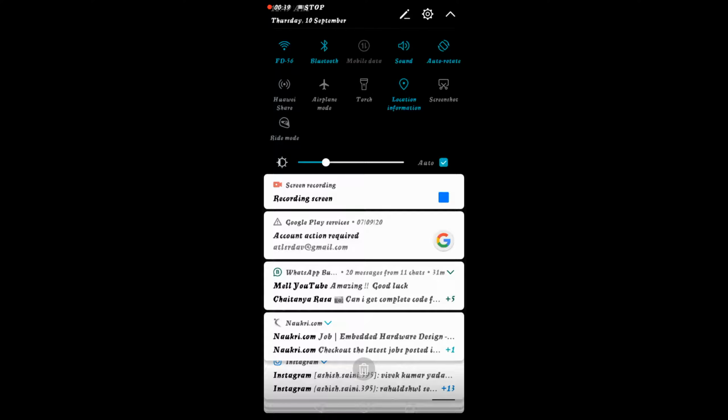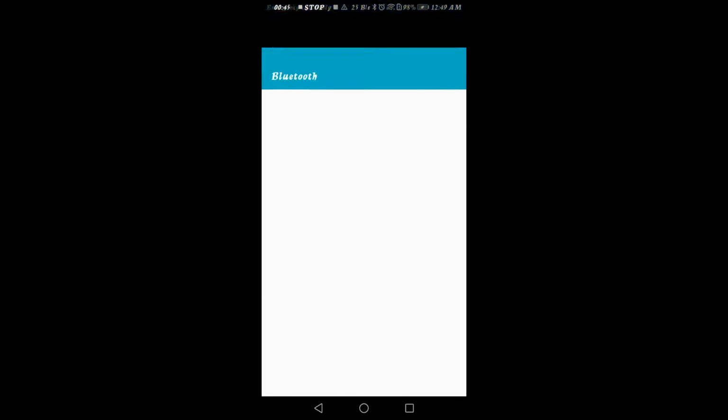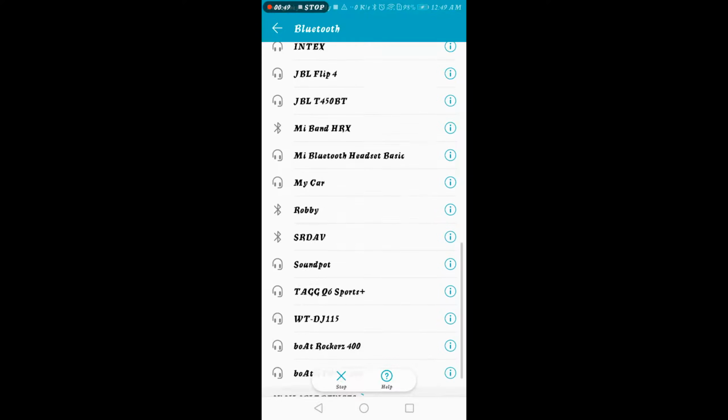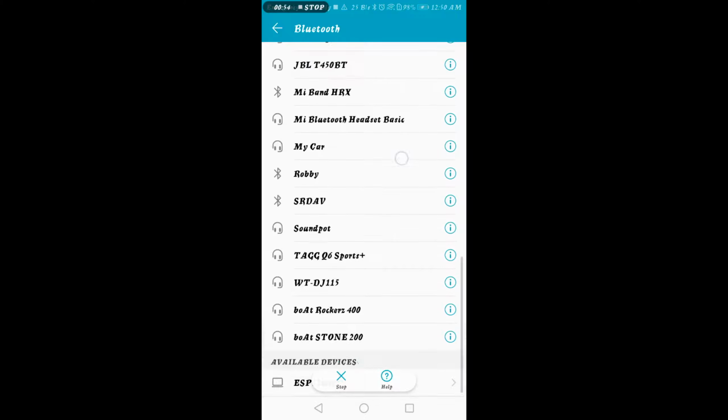If it is already on, let it stay on, right? So this is what exactly we have to check first. Once that is done, just go to settings, and in here what we have to do next is search for it, right? So right in here you can see the last option is ESP32 test. This is the option which we have to select.